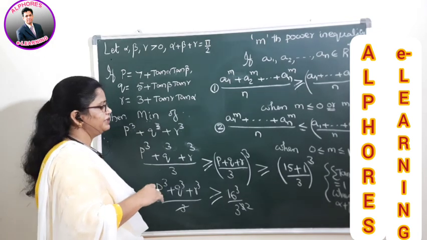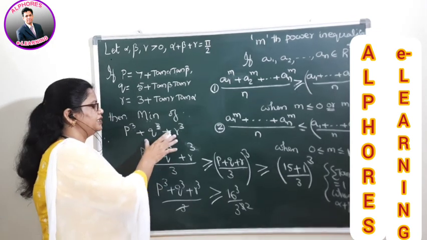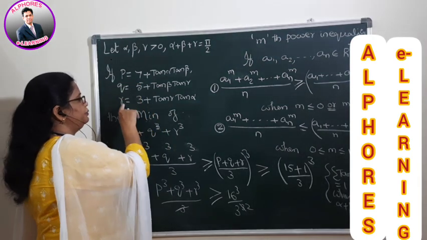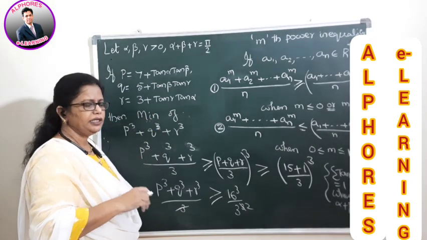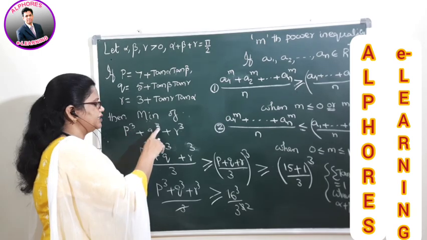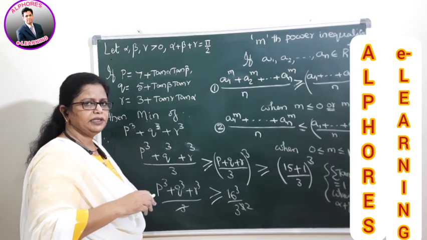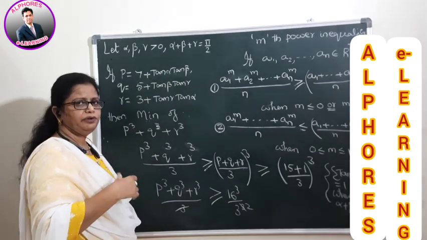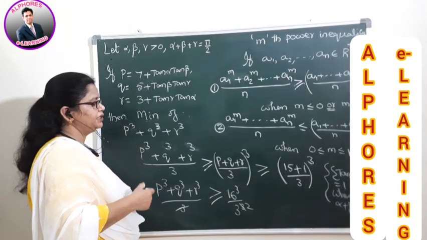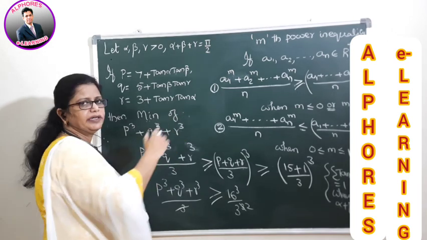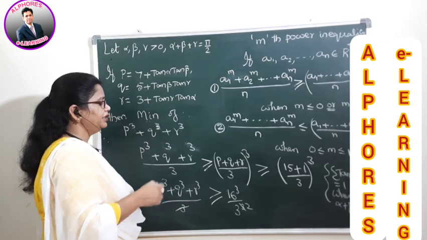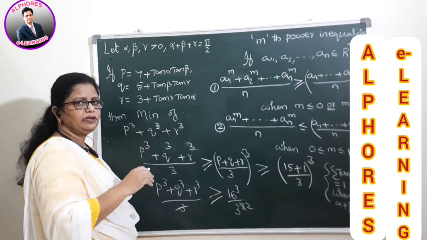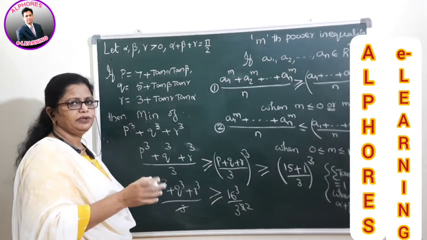Okay. So in this way, students, you can make use of this concept, because you can identify clearly about P plus Q plus R simplification. But if they ask P cube, Q cube, R cube, etc., it may be a little bit complicated if you want to do cubing on both sides. Moreover, you have to get a formula. Instead of all that, just make use of this concept. It is very easy. The only thing you have to identify is whether this value is more than 1 or less than 1. Less than 1 also means in between 0 and 1.